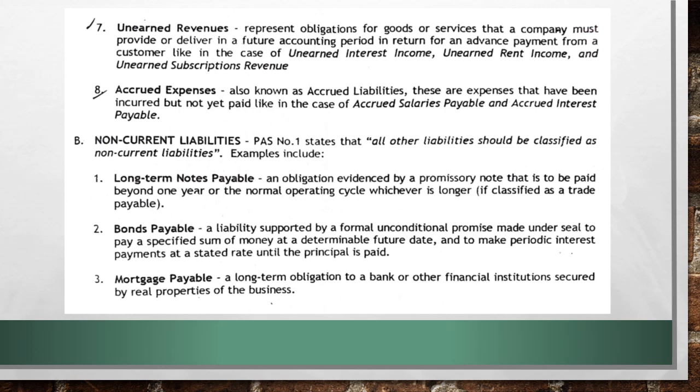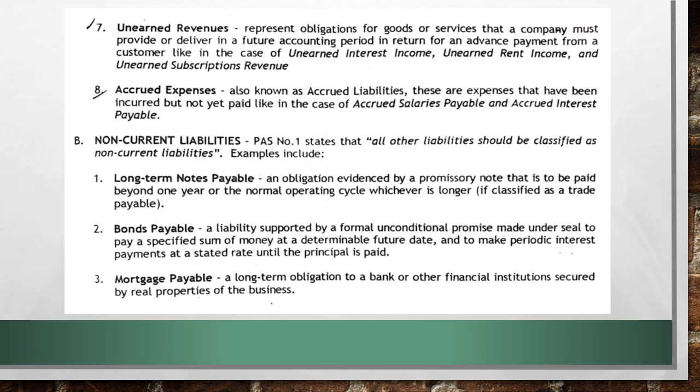The second classification of liabilities are non-current liabilities. Examples are long-term notes payable. These are obligations evidenced by promissory note to be paid beyond 1 year. So, pag beyond 1 year, classified na sila as non-current. Bonds payable, these are liabilities supported by formal unconditional promise